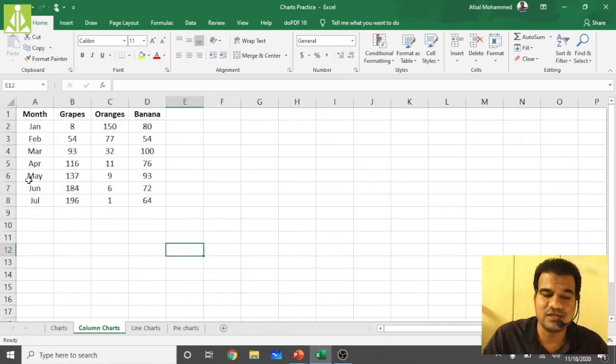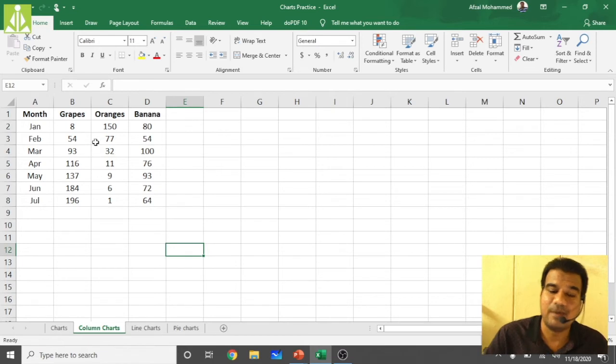Now this data I want to represent with the help of a column chart. We have already seen converting that line chart to a column chart. You use a column chart whenever you want to do a comparison between the columns. For the grapes production and orange production, if you want to compare those two, simply go for column charts, because they give a nice representation of comparison in column values.